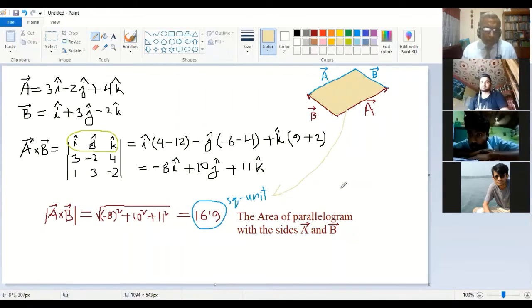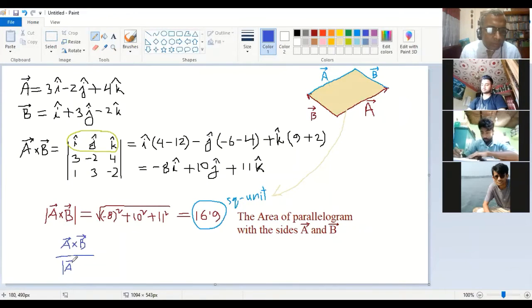Okay, now if I divide the A cross B vector, that is A cross B vector at the top, and I am dividing that vector by its value. So what will happen? What will you get? It will be, sir, a unit vector. Unit vector, correct. And unit vector means the value is 1. Yes, sir. And what will be the direction?